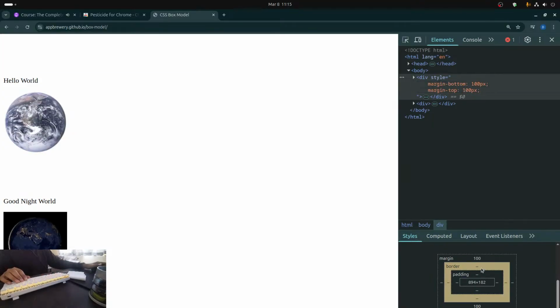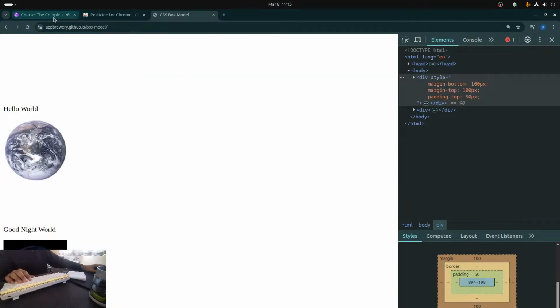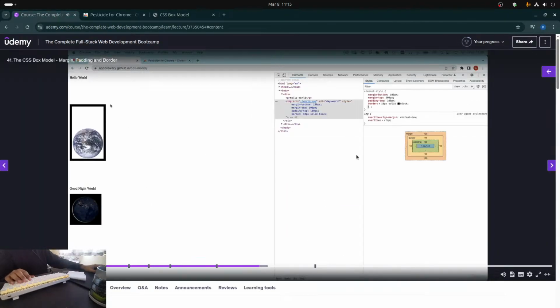If this element actually had a border, which we'll set as 10 pixels solid black, then you can see how that padding goes to a different place versus where the border goes. And this box model is going to come really, really handy when you start to try and